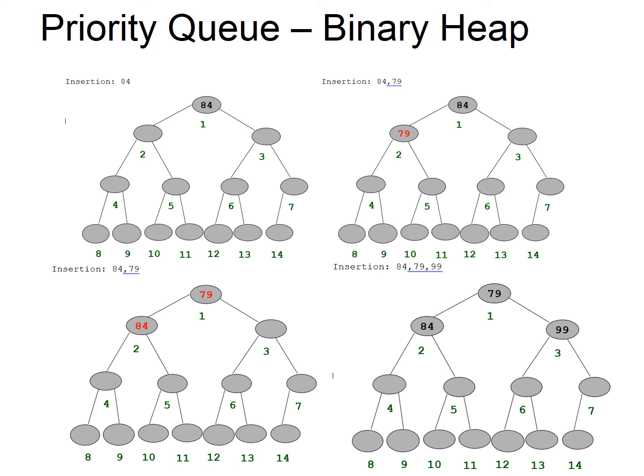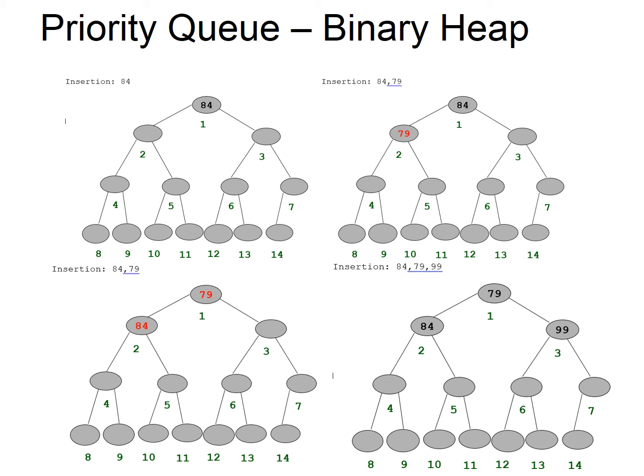You should keep two things in mind. First, it's a complete binary tree, so nodes will be created starting from top to bottom, left to right. Now let us assume my binary heap is empty. First I am going to insert 84. One and only element, so it is stored in the root. The rest of the nodes with no values will not be shown in the diagram, but I am showing them here to make sure you understand it's a complete tree. So initially you have only 84, only one node.